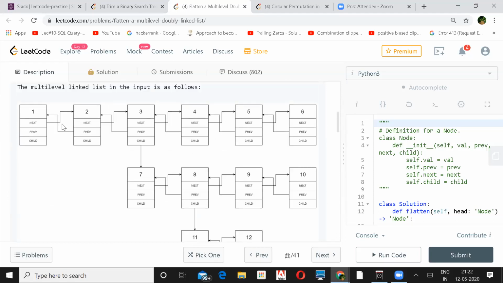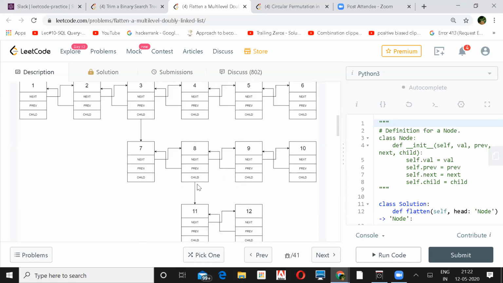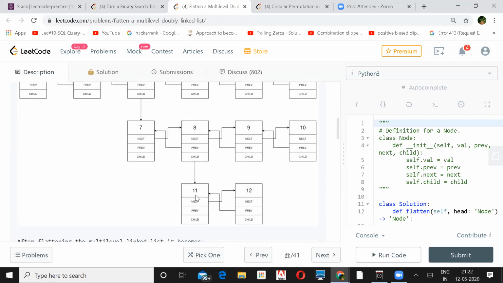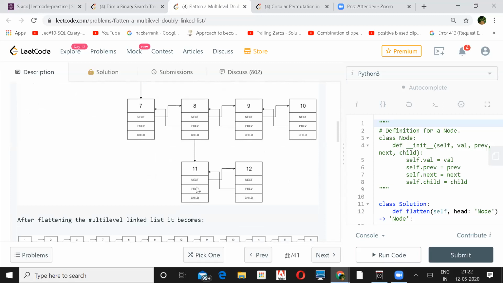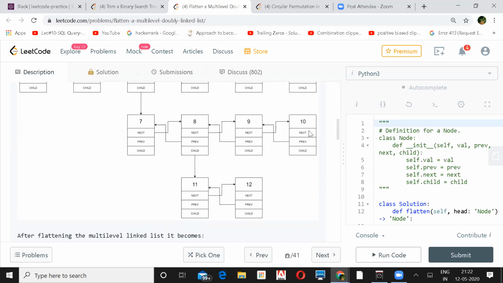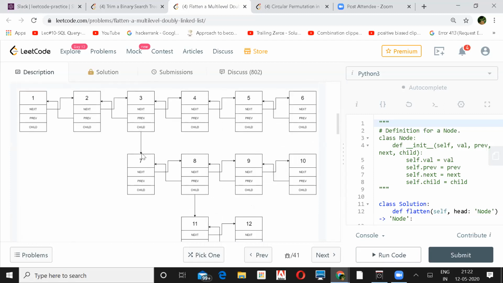So how it will print is, it will go first 1, 2, 3, and then it will go depth first, then 7. Now 7 doesn't have anything, now it will go to 8. Now from 8's left, go to the entire depth, 11. Below 11 you don't have anything. Then you'll go to 12 and then recurse back to 8. Go to 9, 10, and from here come back to 7.